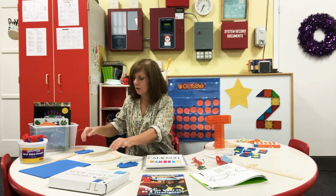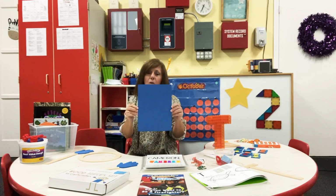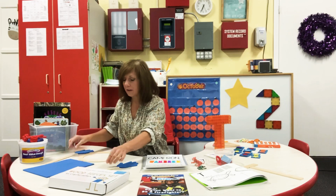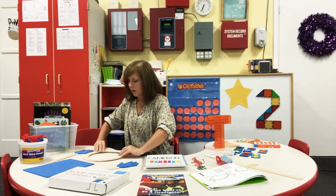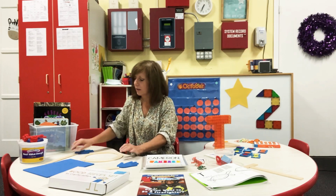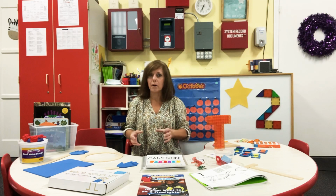To go along with that, we have the Map Man, which has a rectangular body, but I will also substitute in whatever our shape of the month is for his body, just to reinforce that concept with them. And then we will have the big curves for his head. There are also little curves, and those also go along with the letters when we build the letters. We build his body, and then we will progress into them drawing a stick figure body of a person and knowing where the body parts go